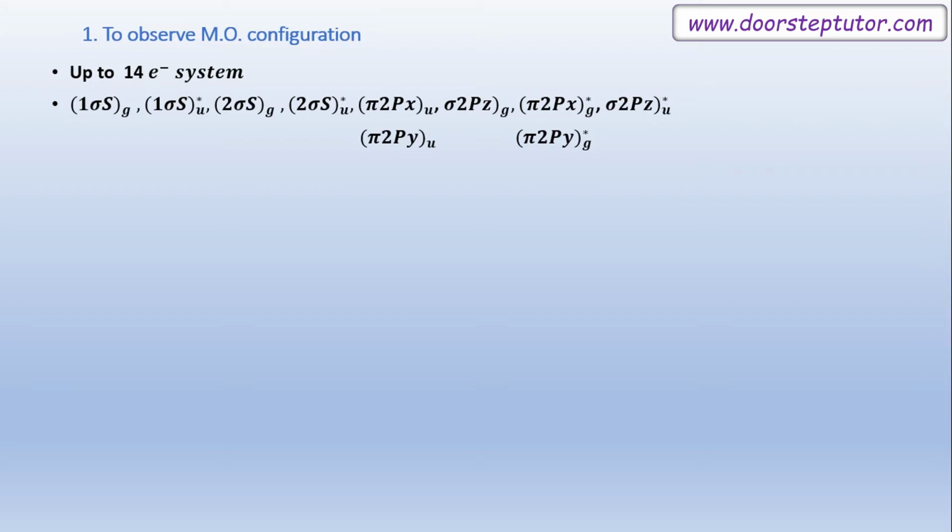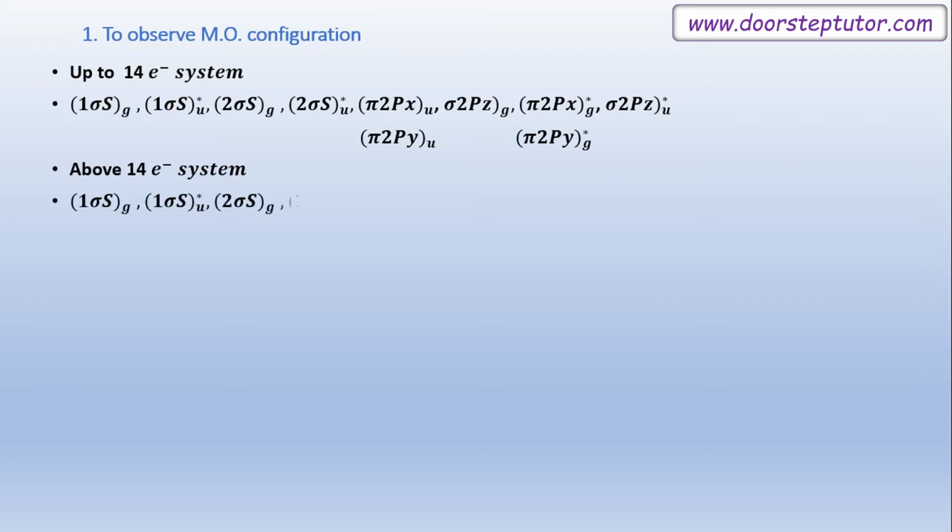Okay, so generally we can use this order up to the nitrogen molecule. The nitrogen molecule has a 14 electron system. You can use it for C2, N2, N2 plus, B2, all these kinds of examples. Okay, right? If the given diatomic molecule is above 14 electron system, here we have to follow this energy order.